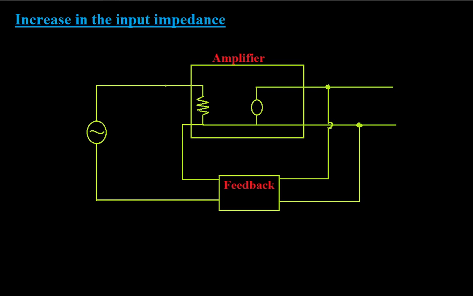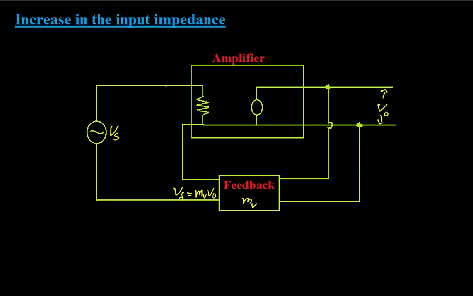The amplifier is connected to a signal source of, say, input voltage Vs, the signal voltage, and we are getting an output voltage, let's say V0, be the output voltage which we are obtaining. A fraction of this V0, Mv, is fed back to the input through the feedback circuit. So the feedback voltage, let it be Vf, is equal to Mv into V0.